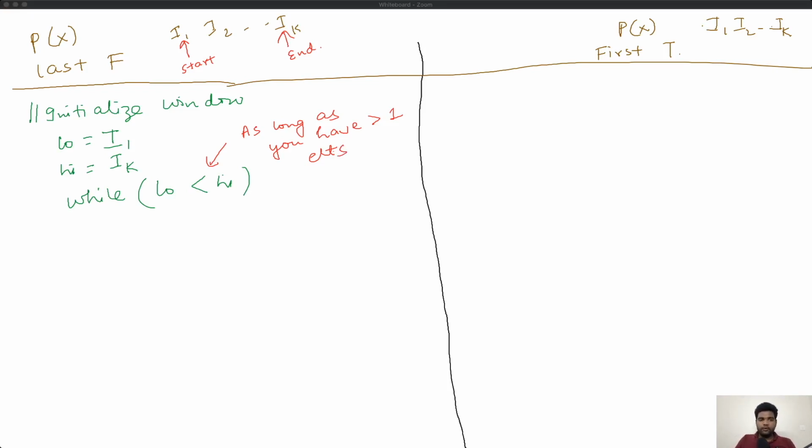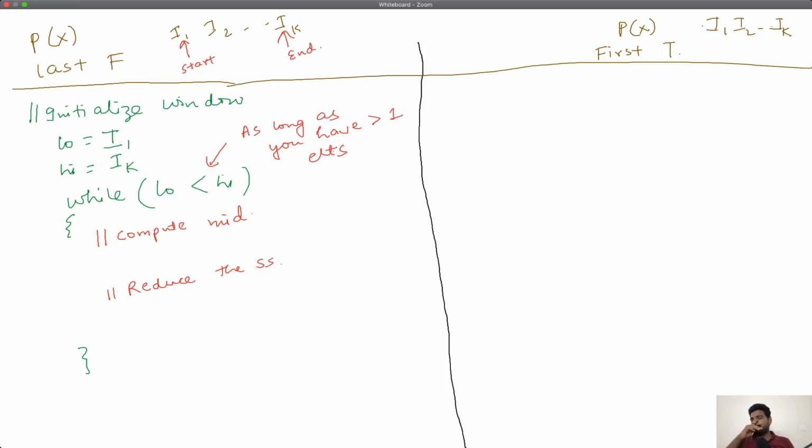In the while loop, you will somehow reduce your search space. And now you will have to think about some algorithm for reducing the search space. So this while loop typically has two parts. The first part is you want to compute the mid, and the second part is you want to reduce the search space.